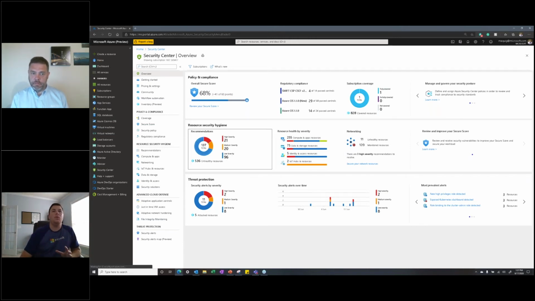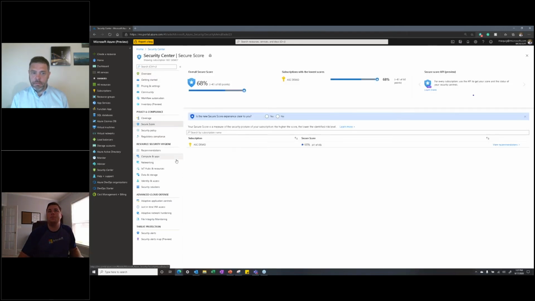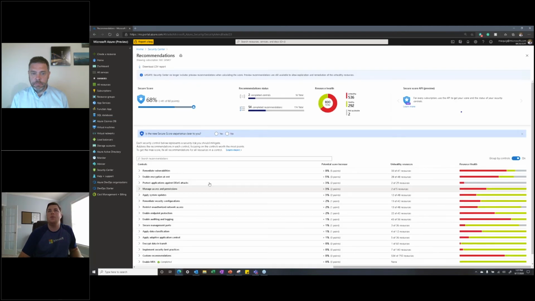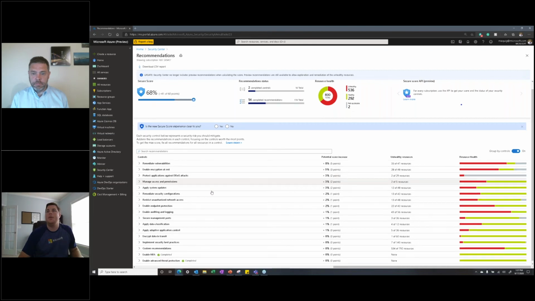So we'll walk through a couple of these pieces and then we'll end up on the policy side because I want to make sure we get to that. Just to start, let's go to Secure Score. And the scope is going to be whatever subscription you selected, right? So right now I've got 41 of 60 points, and this is the subscription that we're reading. If we go in here, you'll see why my secure score is 41 of 60 points, okay?